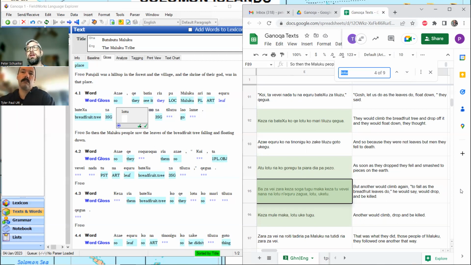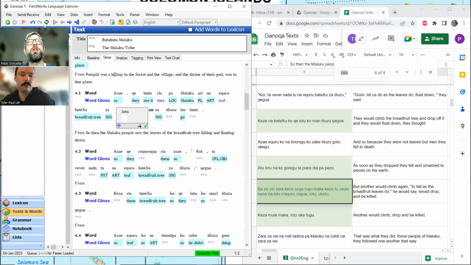A lot of people would say to fall like fruit leaf do, not as, right? Or even more interestingly, breadfruit like. So don't be surprised if this one, in whatever language you're working in, uses some syntactic machinery that you thought did something else. Every language needs to be able to accomplish this function, and it might not be what you expect. There we have below it pretty easily drop. So Lotu means fall or drop. I see it about half the time as drop.